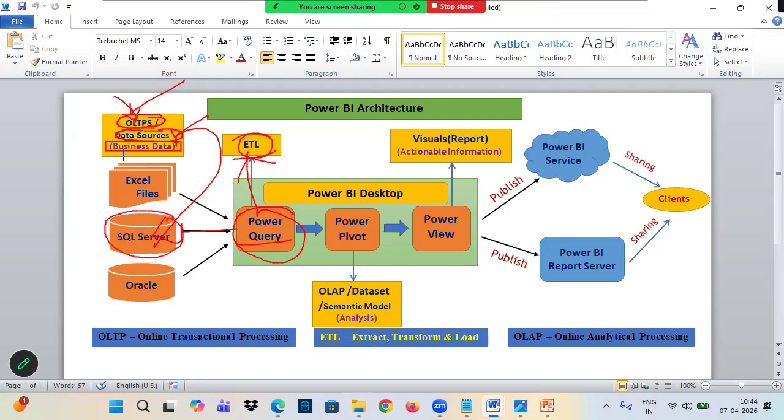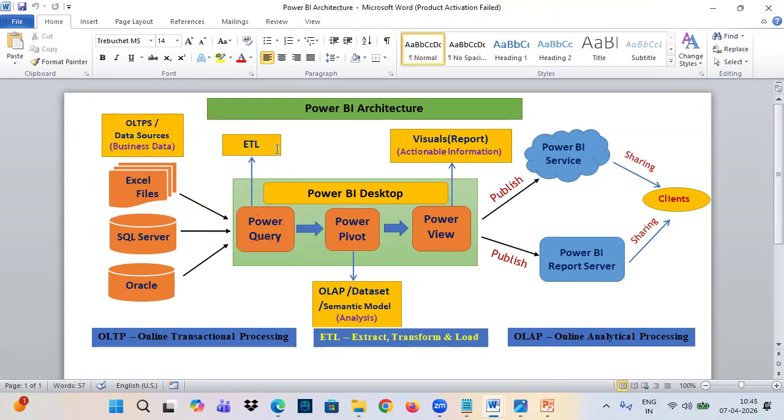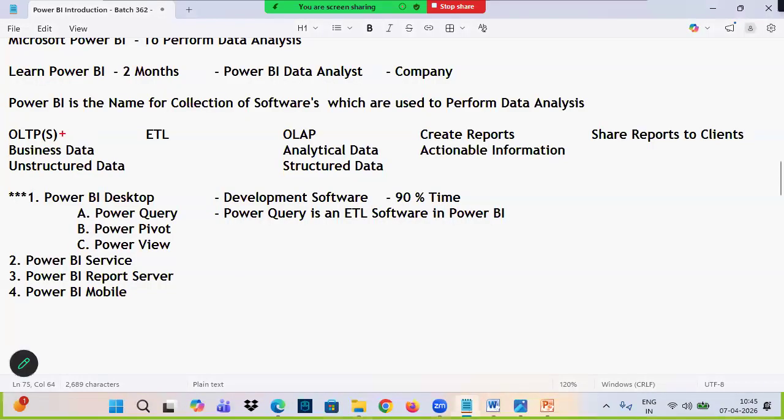We'll connect to the OLTP and extract the tables. Whatever data is there, we'll extract it. After extracting the tables in Power Query, you'll do transform or cleaning. That clean data will be loaded into Power Pivot in Power BI. That is what we call ETL. Don't think much about it, you'll learn more. OLTP is provided by my company. ETL was performed in